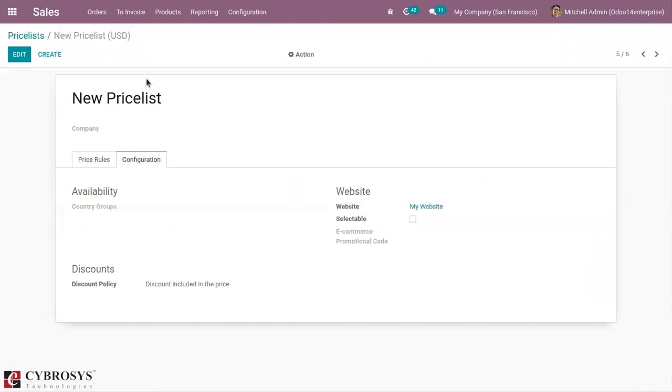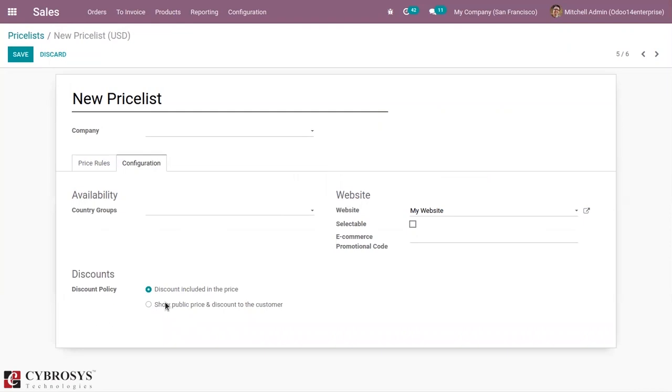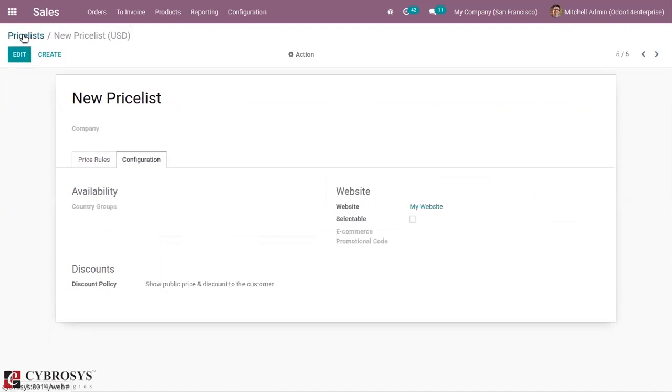If you want to show the discount separately, you can set the second option, that is, set the discount policy as not included in price but show public price and discount to customer. Now we can save this.